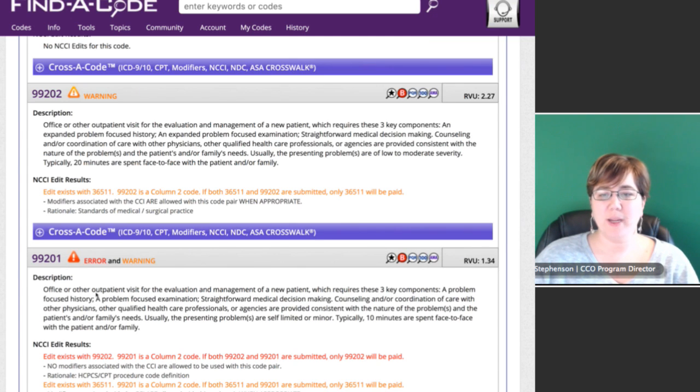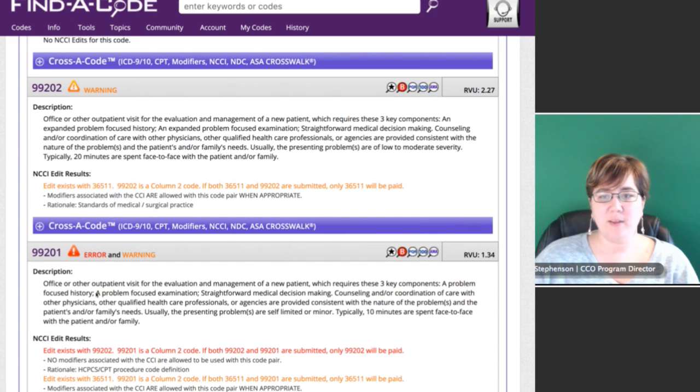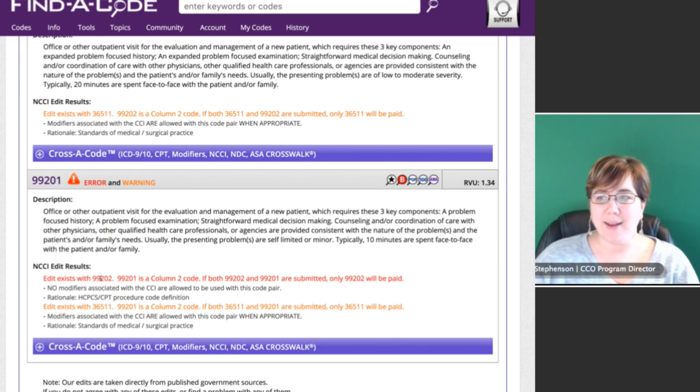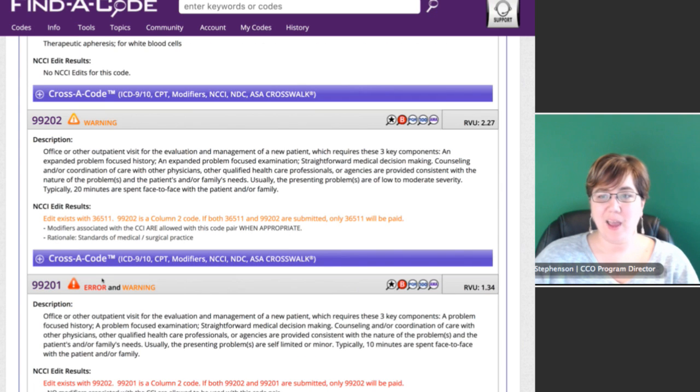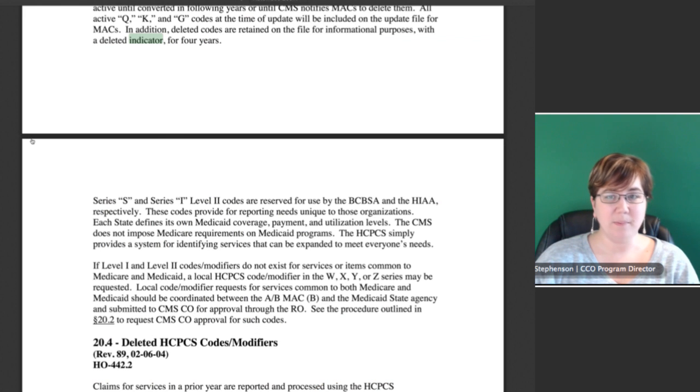Well, as we look through here, Find a Code does not give me the 0, 1, 9 that I'm used to finding. I get that if I use the AAPC coder, or if I use just the NCCI edits from the CMS website. Find a Code is nice and gives me a little more information and says, hey, there's an edit. Yes, you can use a modifier, or no, you can't. If I'm just searching on the CMS website and looking at the NCCI edits in that big spreadsheet they provide, instead of telling me yes or no,